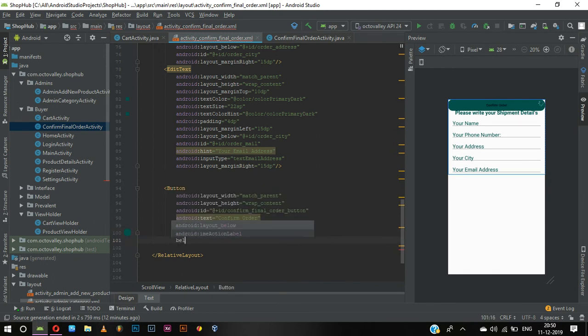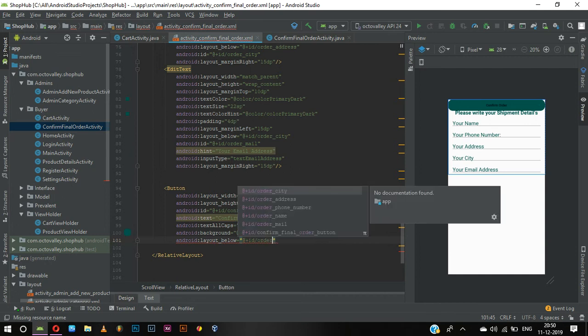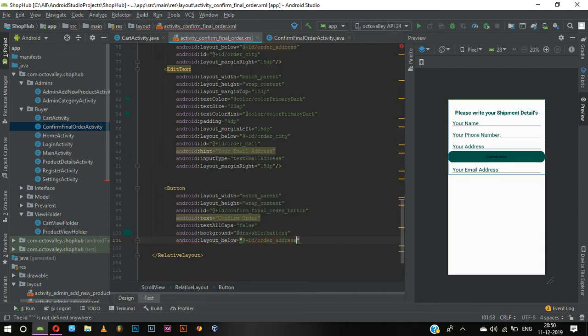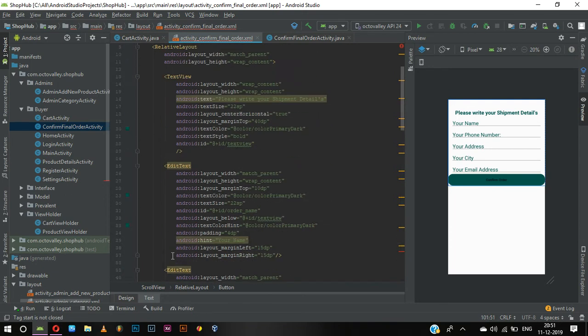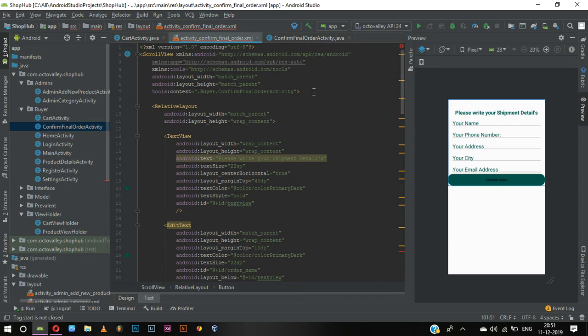and it should be below address, not order address, it is below order mail. And instead of this relative layout, what we can do is, we have a better option,